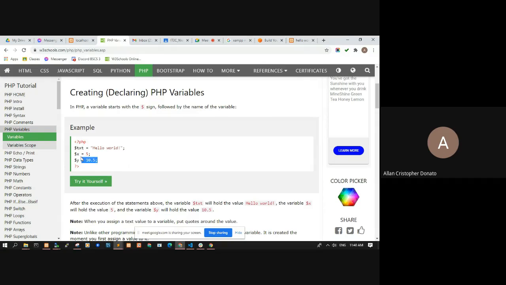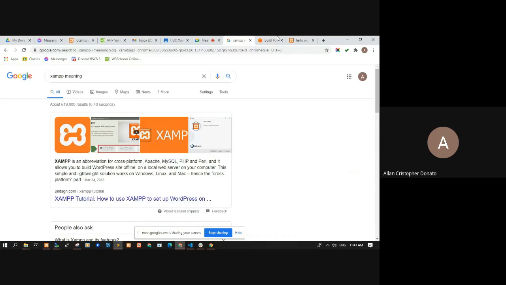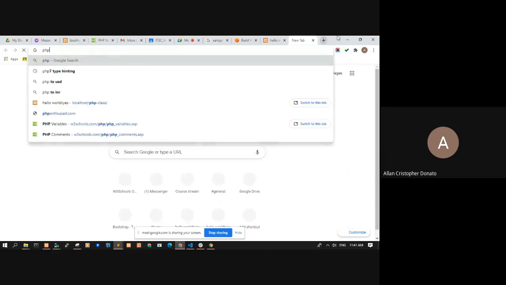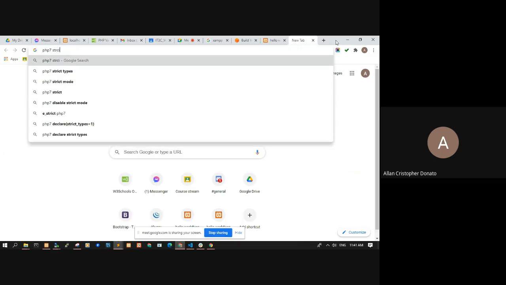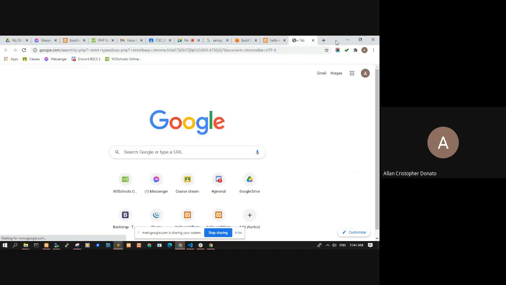So as you can notice in here, text is equal to hello world, x is equal to 5 and y is equal to 10.5. So PHP is also a loosely typed language, or it's a dynamic language just like JavaScript. You don't have to specify the data type unless you are using PHP 7 strict type.